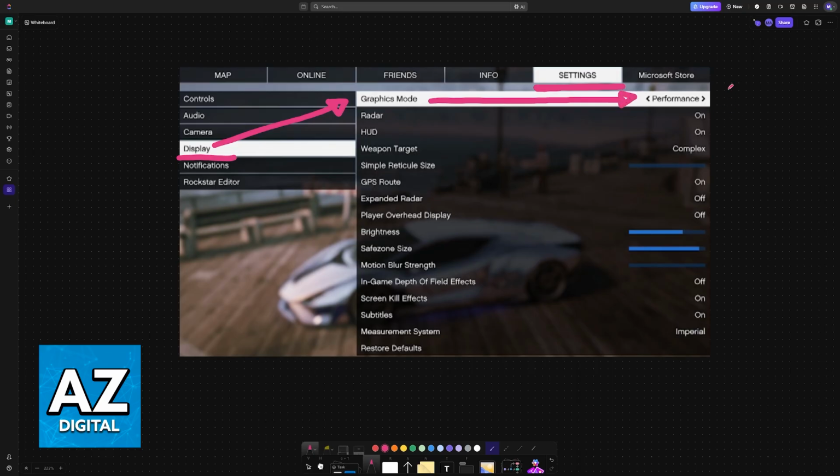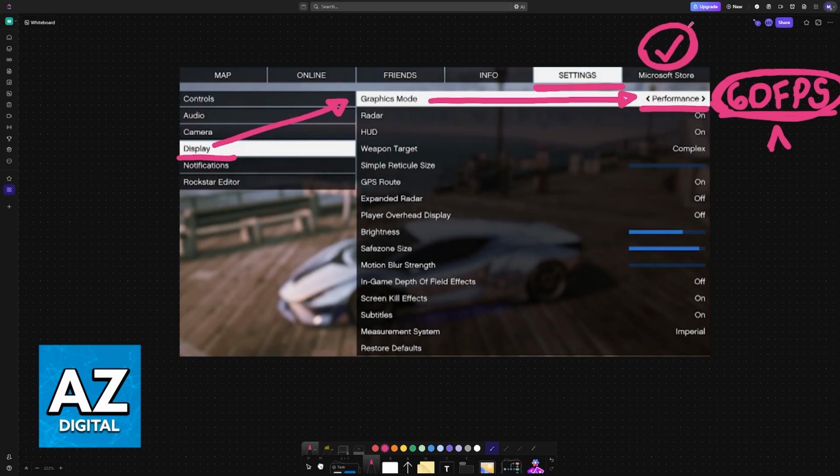So as the name suggests, this will prioritize achieving the highest amount of FPS possible, which in this case is going to be a targeted 60. So after you change this setting, you are good to go. Now, like I said before, some graphical settings might be affected, but it does it in order to compensate. So it is going to potentially lower the graphical quality of the game, which in turn gives you a higher FPS value. It is a simple toggle, and upon changing this, it is going to be applied. It is simple to do, and the option is going to be available here.